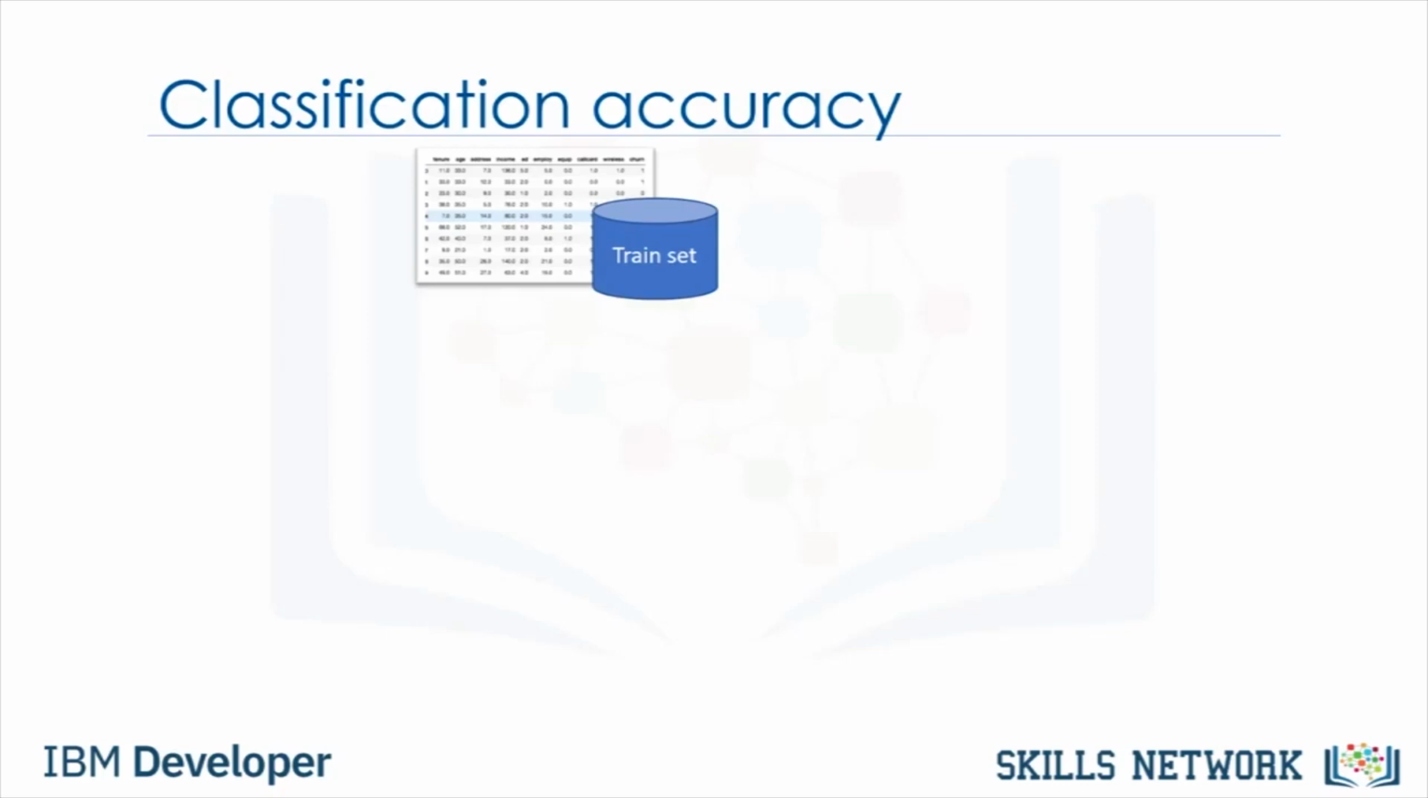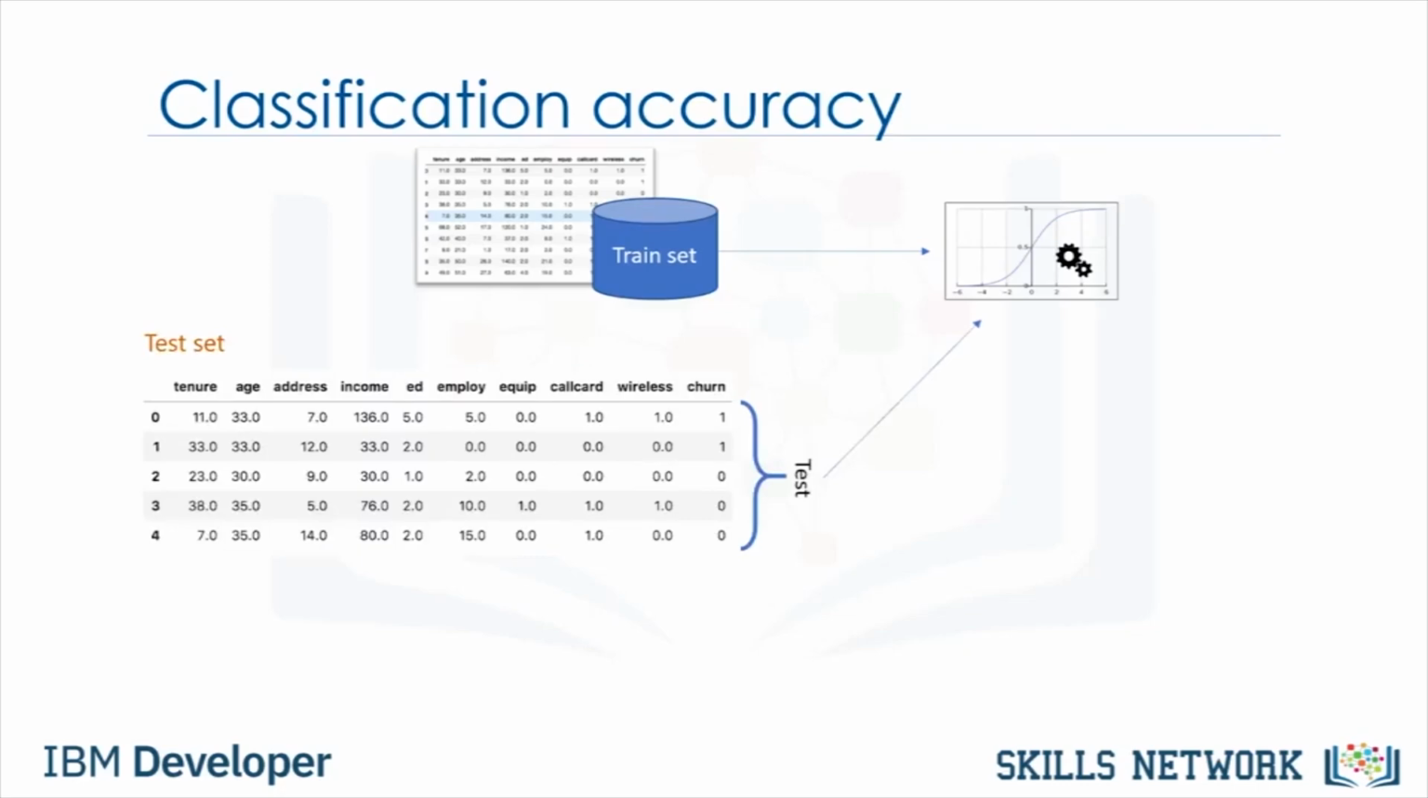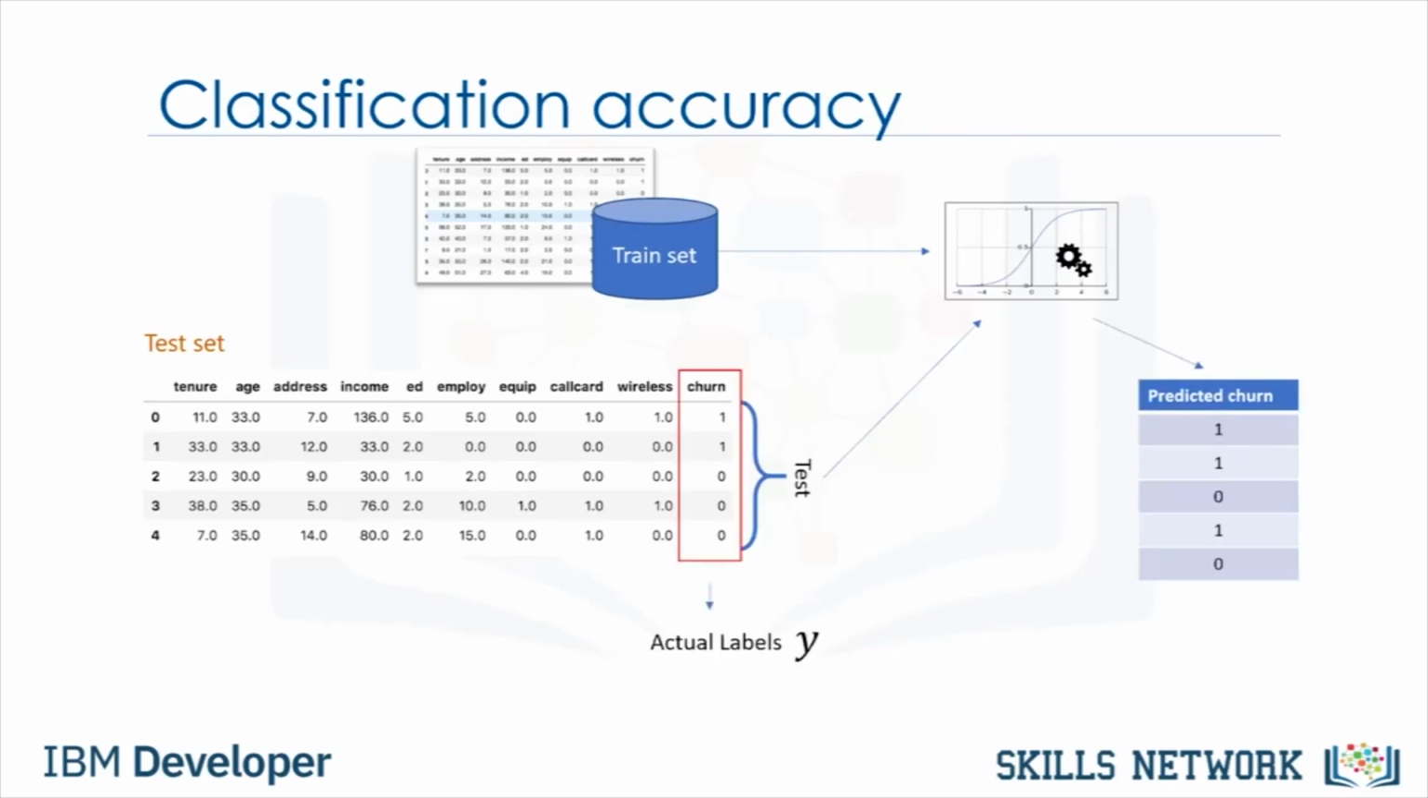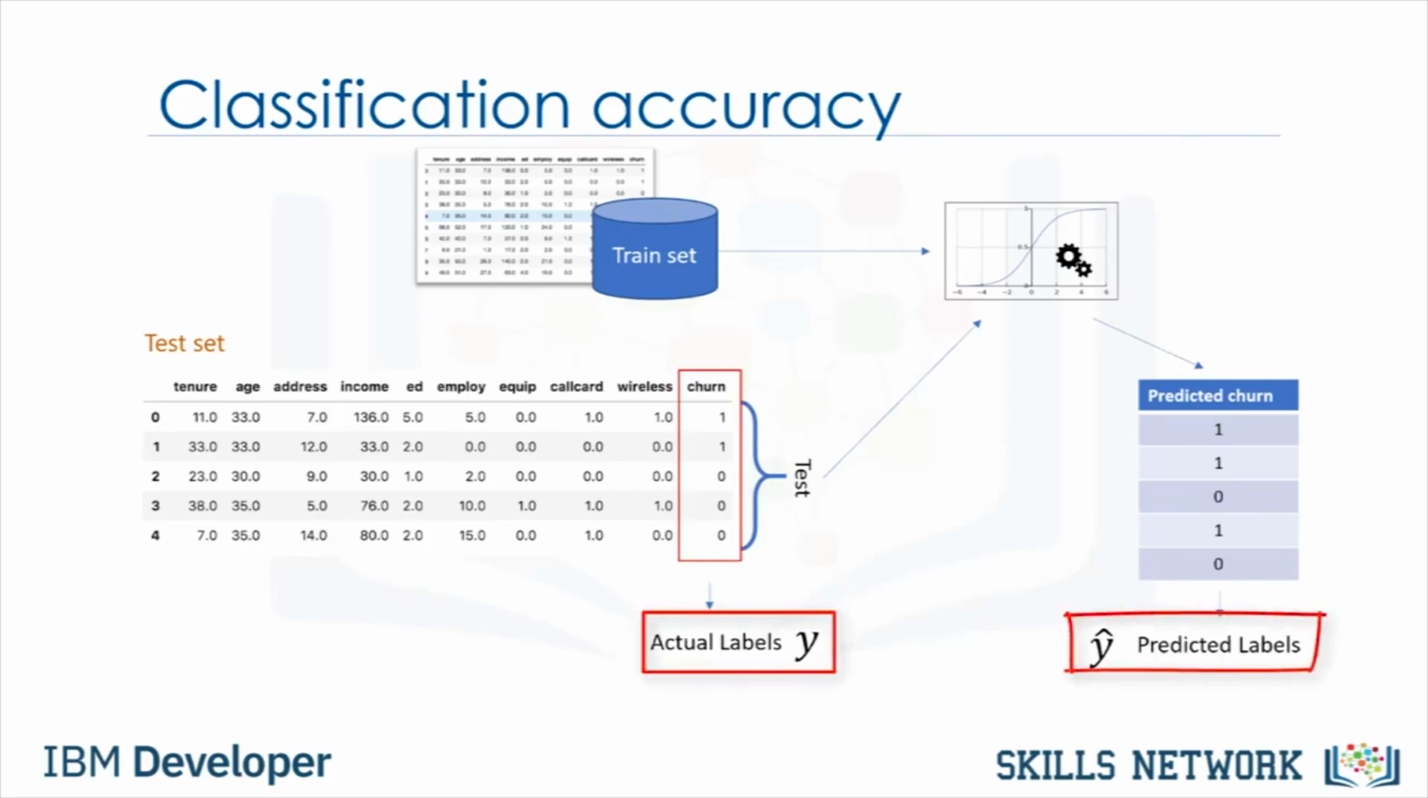Imagine that we have an historical data set which shows the customer churn for a telecommunication company. We have trained the model, and now we want to calculate its accuracy using the test set. We pass the test set to our model, and we find the predicted labels. Now the question is, how accurate is this model? Basically, we compare the actual values in the test set with the values predicted by the model to calculate the